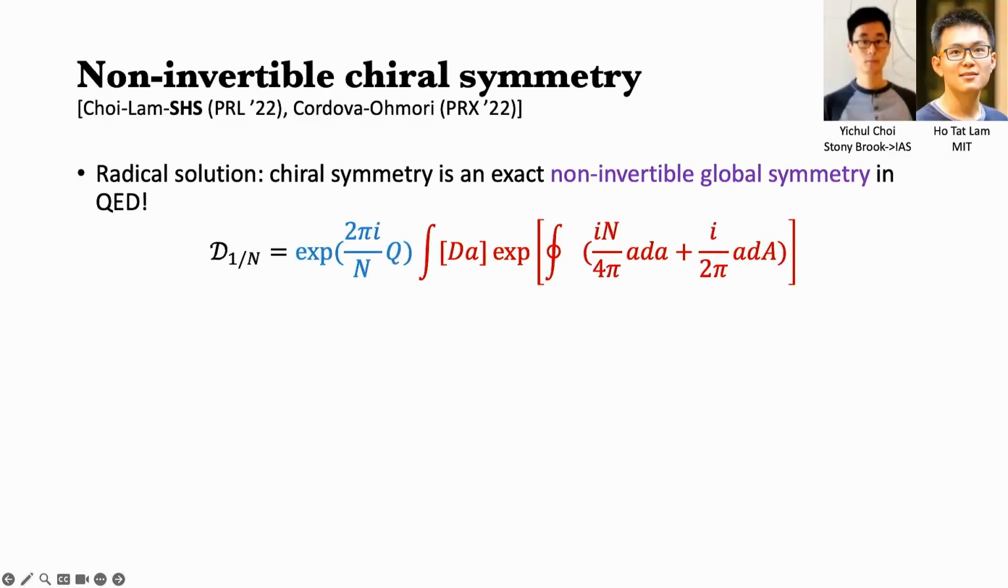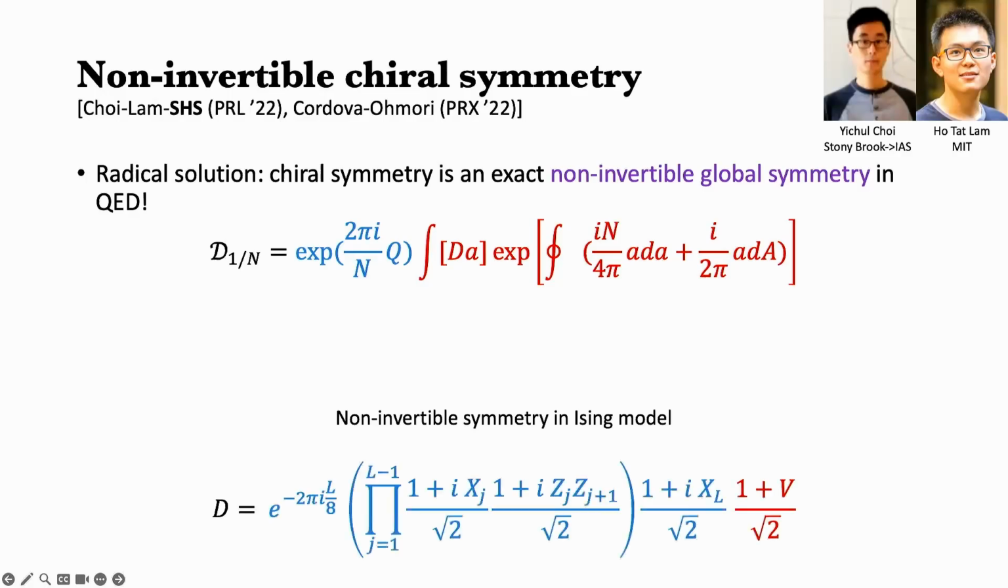So for any integer n, there's a new conserved quantity that we constructed in this paper. The details of this expression don't really matter, but I want to draw an analogy between this operator and the operator we talked about during part 1 of the talk, the Kramers-Wannier symmetry in the Ising model. The Kramers-Wannier symmetry in the Ising model takes the form of a blue operator multiplied by a red operator. In both the QED case and the Kramers-Wannier symmetry in the Ising model, the blue part is invertible, but it's not